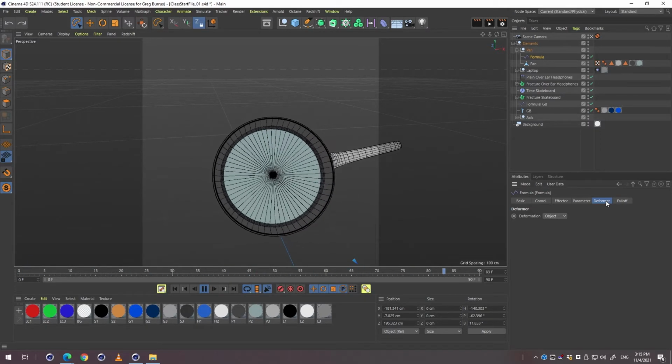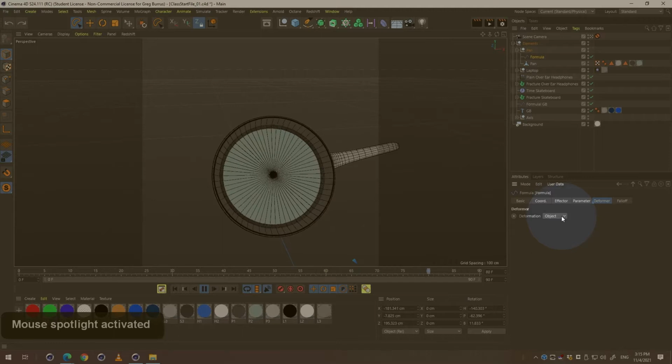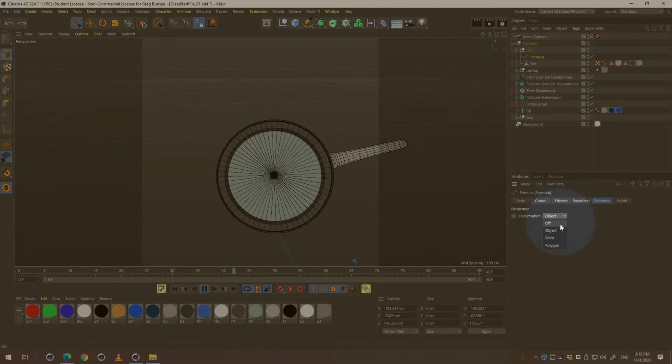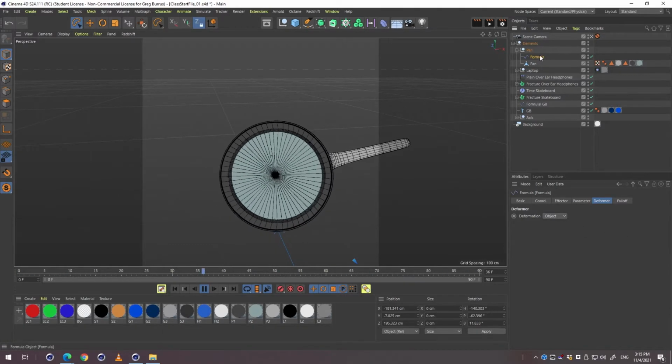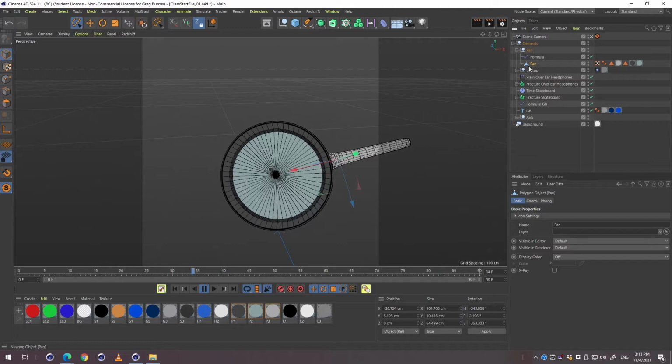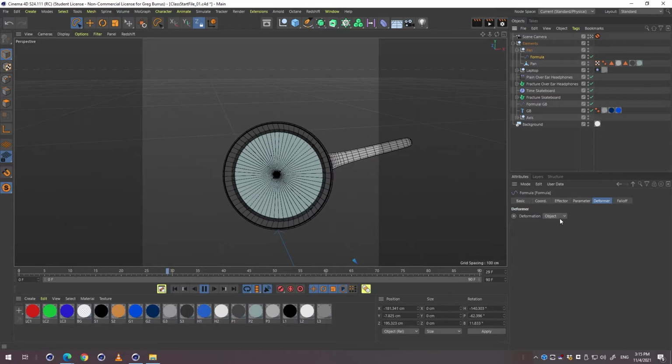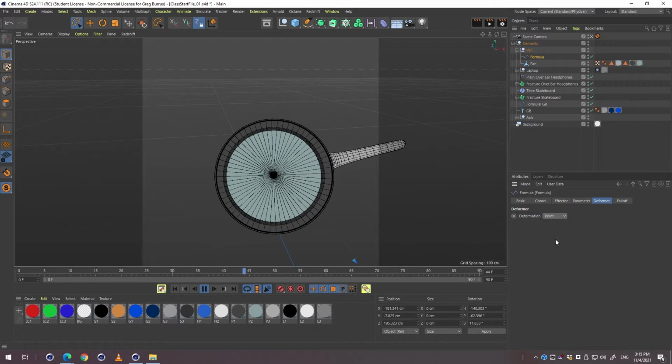So right now you should notice that my deformation is on object, and if I click this drop down, there's a couple different options here. I have point and polygon, and of course I have off as well, and each of these will give me different control over the object that I have grouped together. So in this instance, I have the pan grouped together with the formula, so anything that's in this pan group will be affected here. So if I go to my formula and I choose a different option, say point,